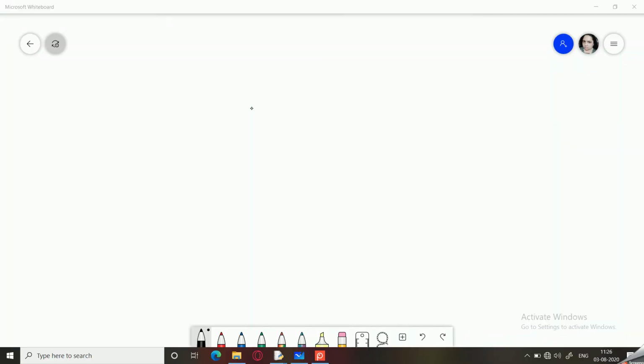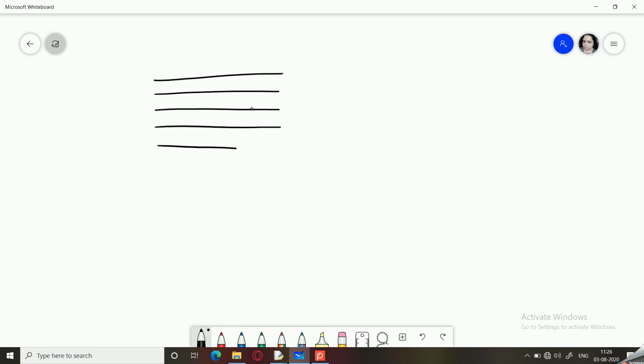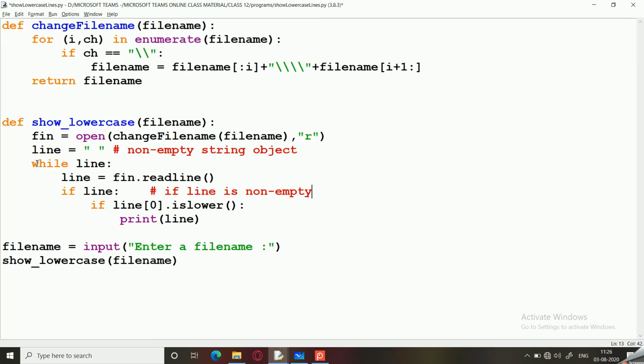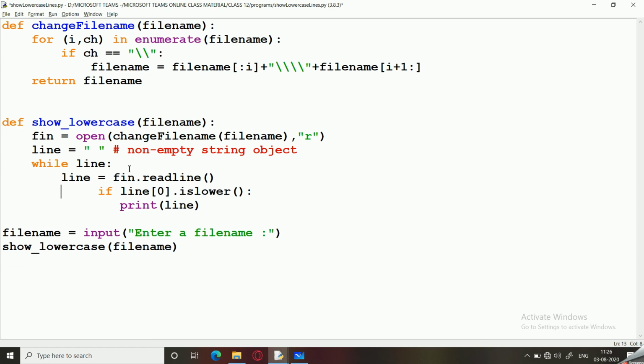Let's take the case of a file. Suppose these are the lines within the file. Now when the while loop starts, if suppose over here we didn't have this line here, so I'm going to remove this, remove the extra indentation.